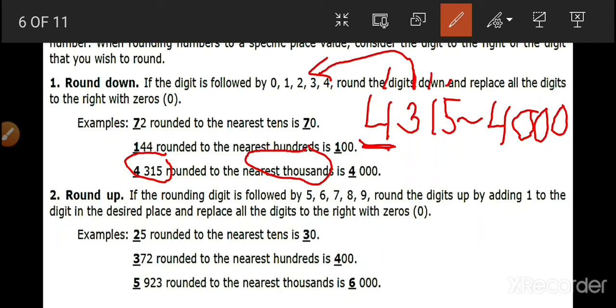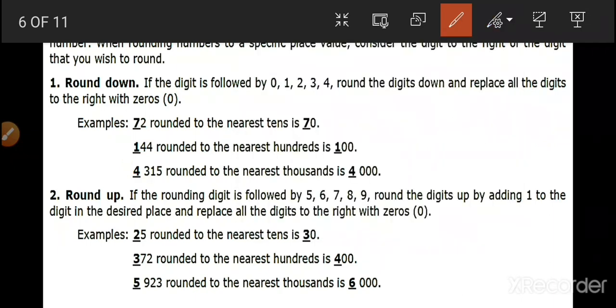Okay, if you have understood this already, let's proceed with rounding up. Rounding up. If the rounding digit is followed by 5, 6, 7, 8, 9, round the digits up by adding 1 to the digit in the desired place and replace all the digits to the right with zeros. Example,